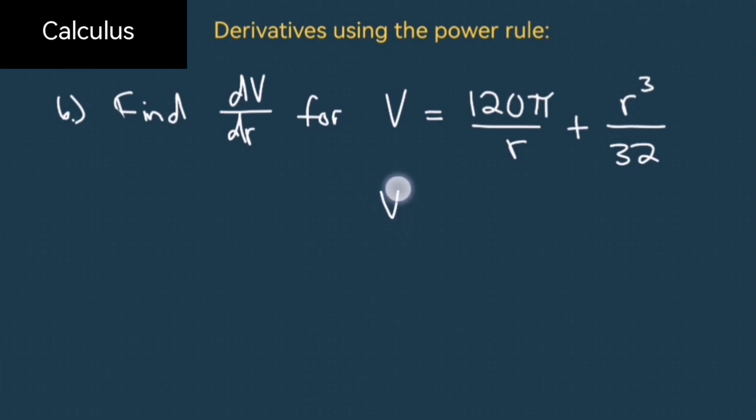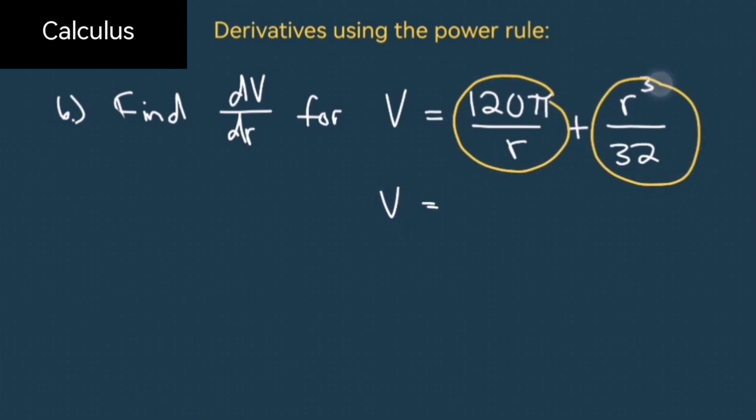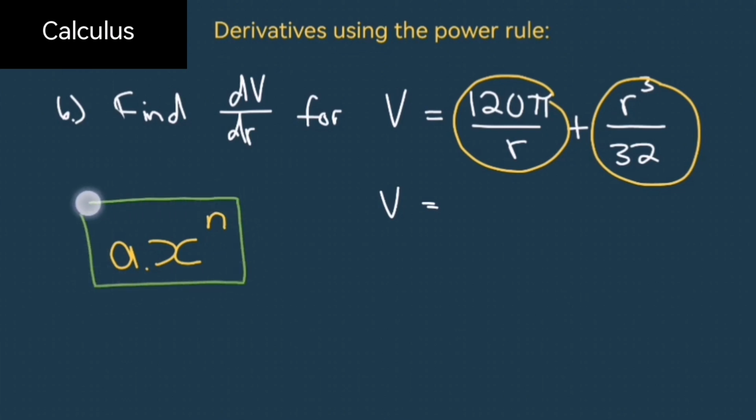So now in order to do that, we first need to simplify these expressions. Okay, we need to write them in a better form. They need to be in the form of a, which is the coefficient, times x, or in this case r, to the power of some exponent n. And if we can get it in this form, with a coefficient, a base of r in this case, and raised to some exponent, then we can take the derivative,